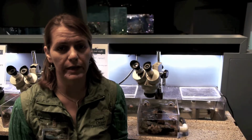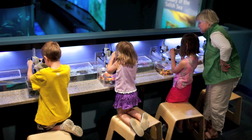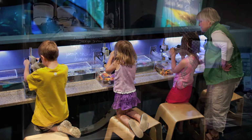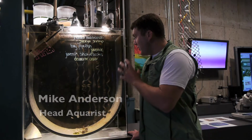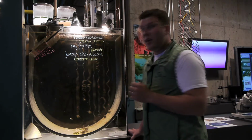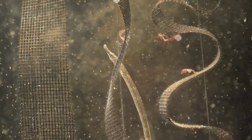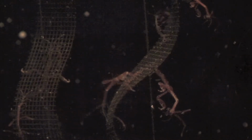So the Discovery Lab really sets the tone for the place. It's the first place that the visitors enter and see, and they interact with oceaneers there. Until you actually get a close-up look in this habitat, it seems pretty empty. You'll notice like there's a pipefish that blends in perfectly. The skeleton shrimp,